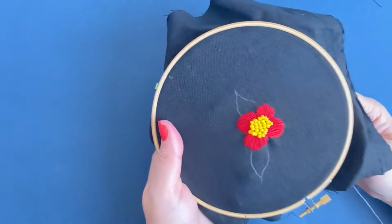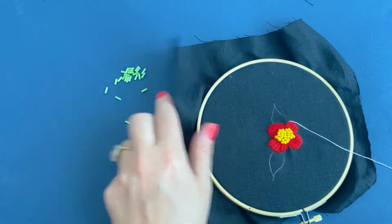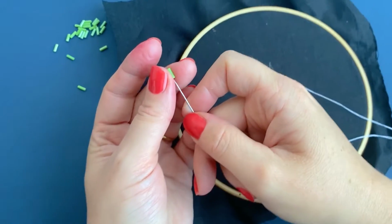Creating leaves with bugle beads. I'm going to show you how to use bugle beads to embellish your work. With a doubled up sewing thread and a fine needle, come up from behind the work at the base of